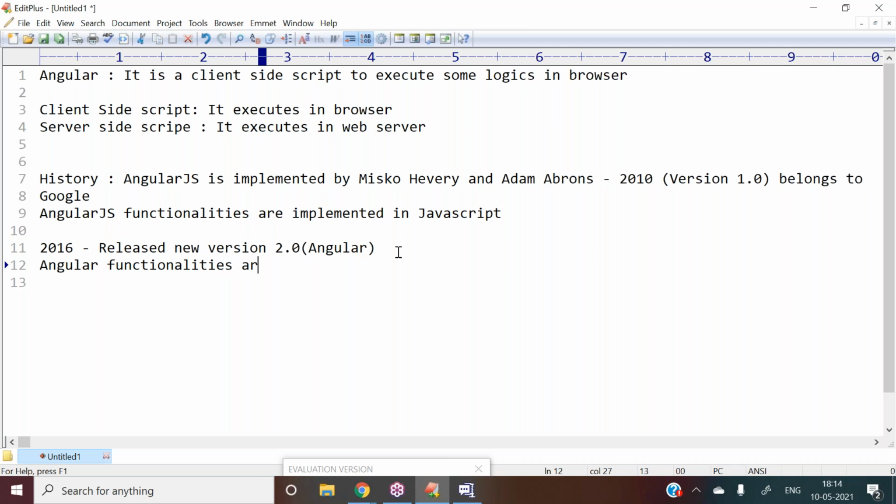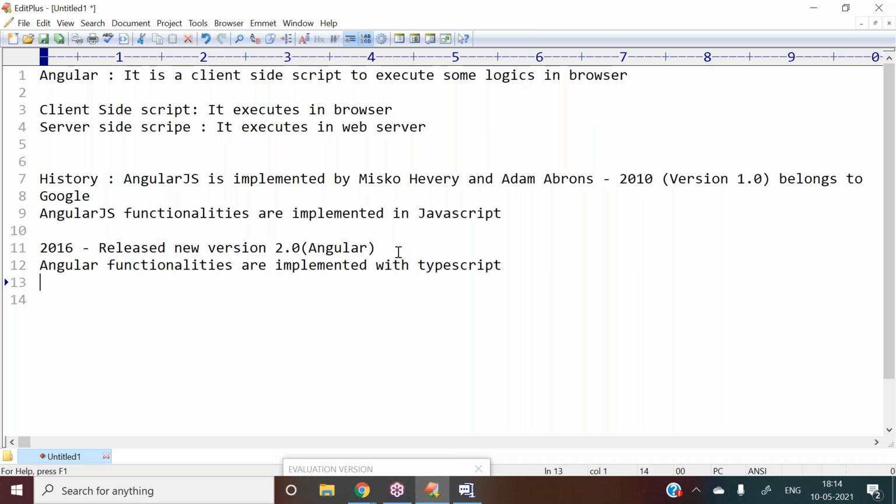That is the difference between AngularJS and Angular. So once again, observe this: the first version 1.x is implemented with JavaScript, and from version 2 onwards